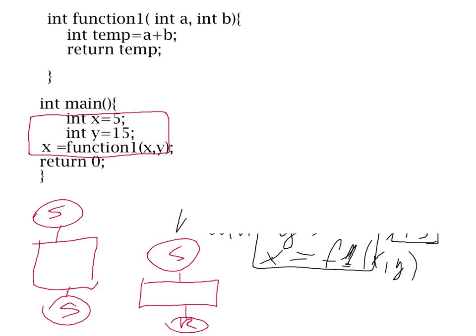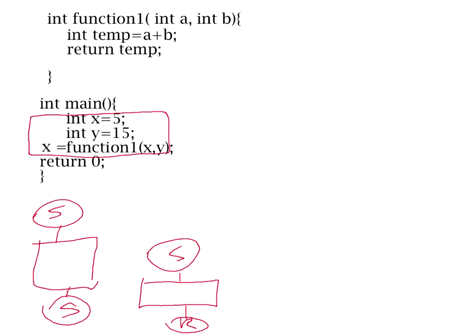Okay, so we had this function calls. Let me try to erase all this. Okay, so let's see in a little bit more detail how that looks like. Right? So we have